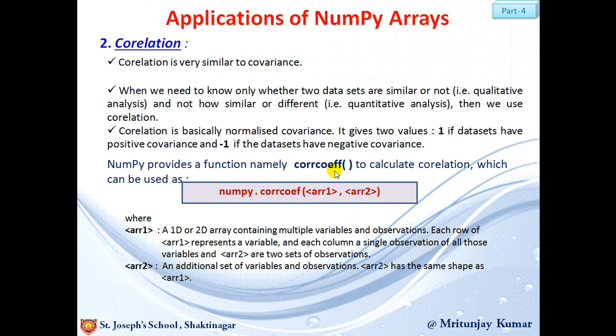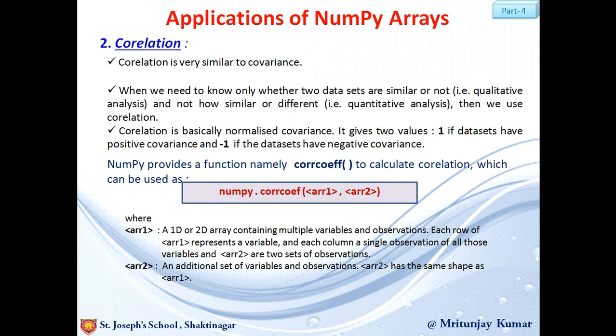The syntax is similar to the covariance COV function. So np.corrcoef, in brackets we have to give the two arrays, array 1 and array 2.